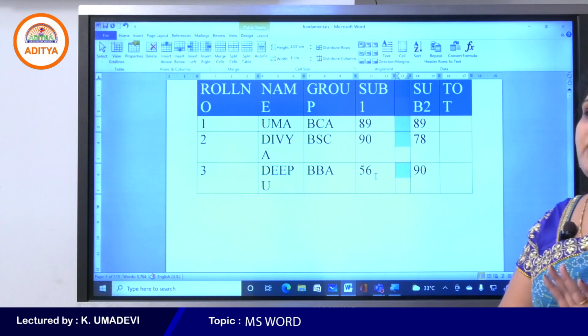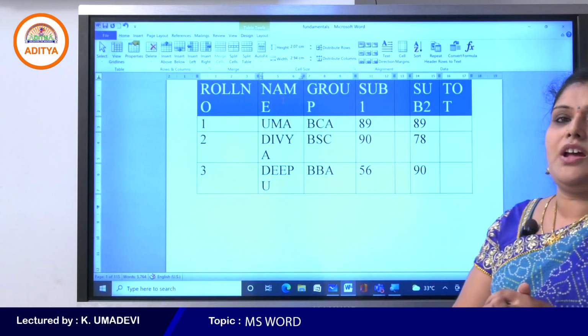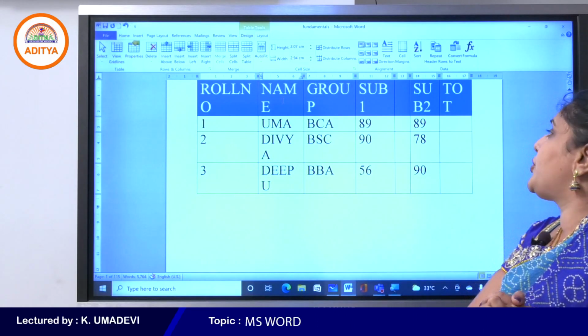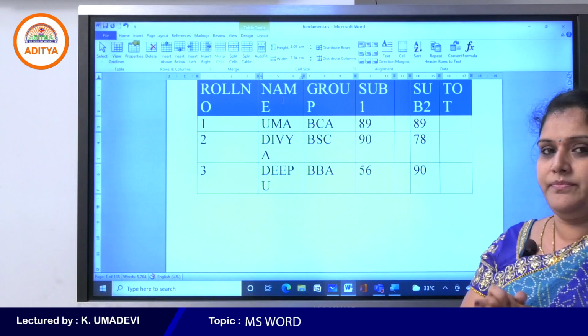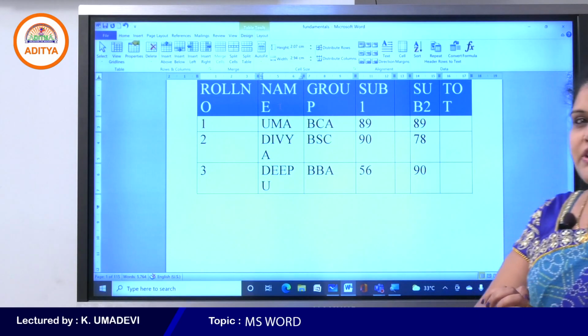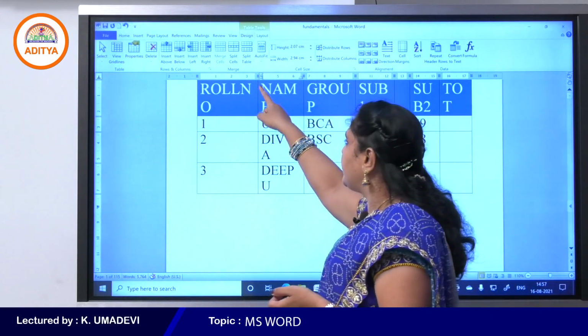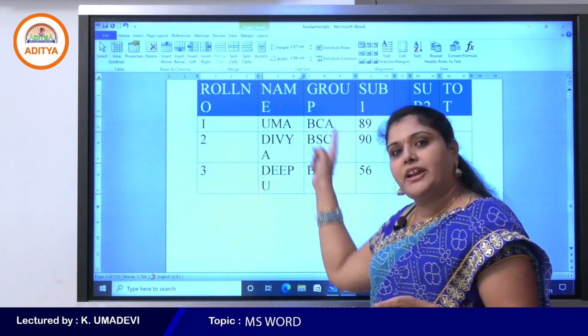Okay, students. Now I would like to add a new column in between roll number and name. I keep my cursor position on the name column. Now which command is used to insert a new column, students? I want the new column in between the roll number and name.